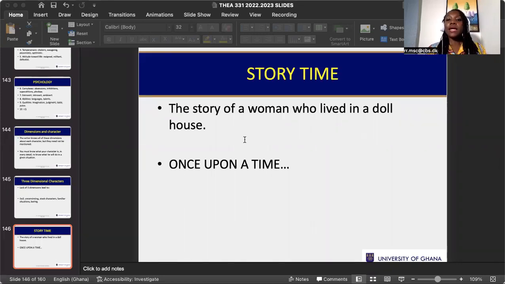Helma, Rank, and Christine leave, as Christine needed to get a place to stay. Just then, the kids arrive with the nurse. Nora plays a game of hide and seek with the kids until Krogstad re-enters her living room through the unlocked door. He blackmails her by revealing that he knew she forged her father's signature when she came for the loan 8 years ago.